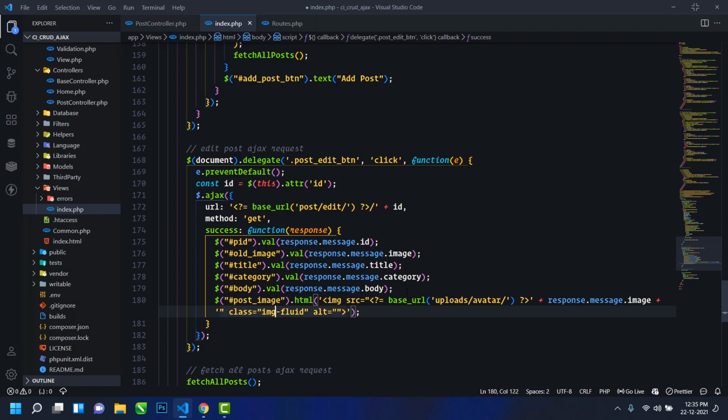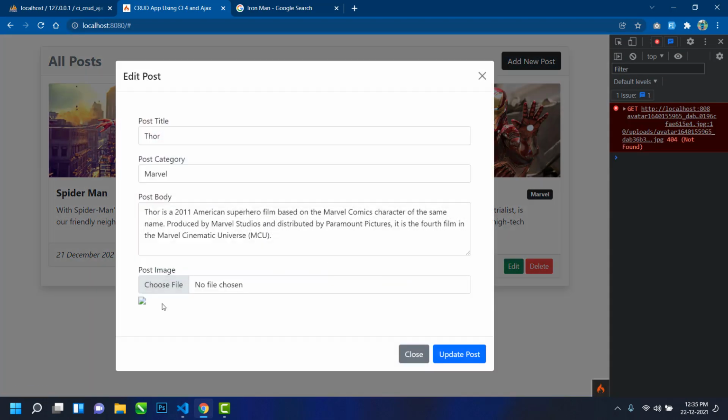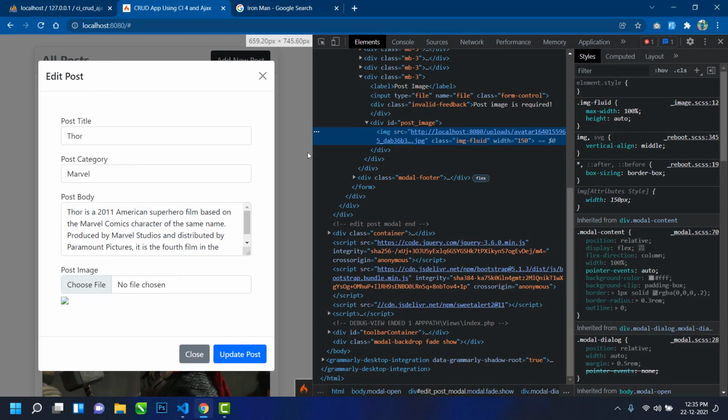In class use img-fluid, and instead of alt I will use width equal to 150. Save this. Now go to the browser, refresh, click on edit. Okay, so we are not getting the image. Let's inspect this and check the path.